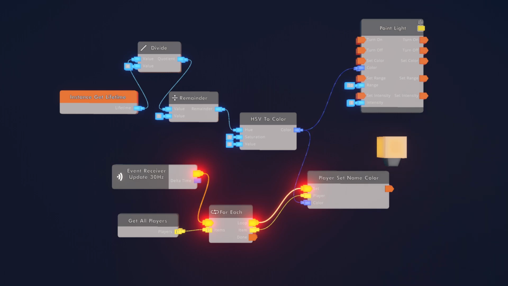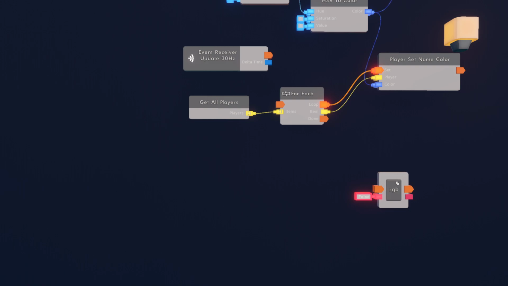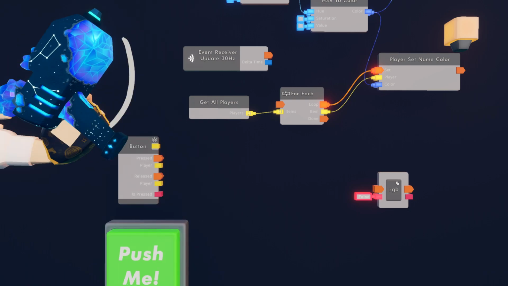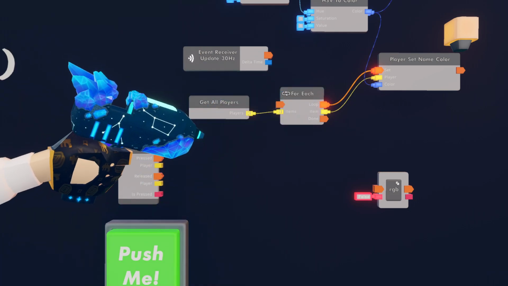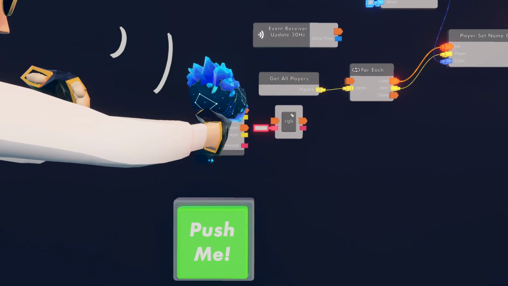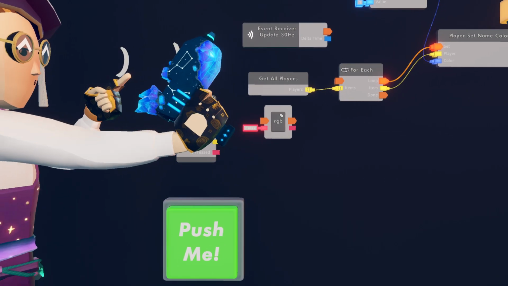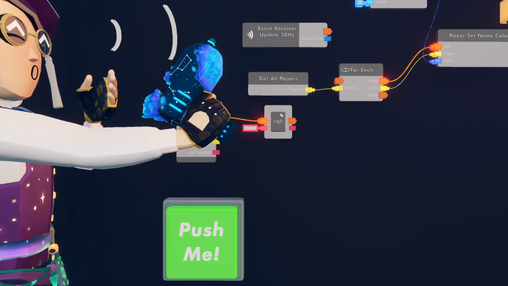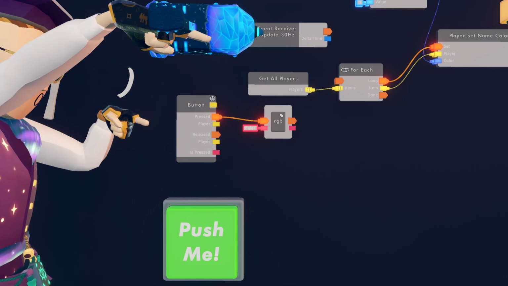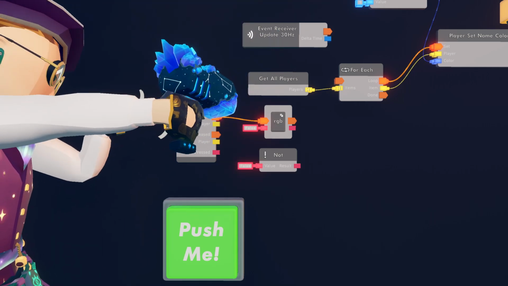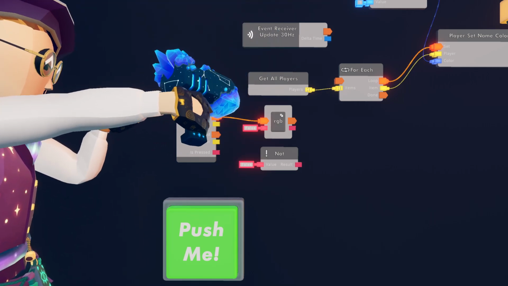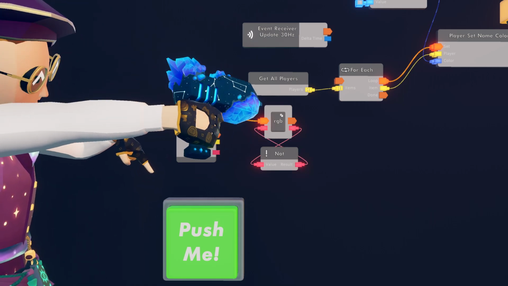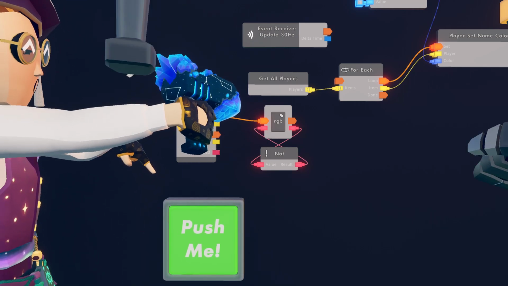Cool. So let's hook this up onto a toggle, to a regular button. We have this button, and I'll set this variable over here, and on the pressed event, I'll go into the variable, and we'll grab a not chip, which is just the opposite of what's in the bool variable, because remember, it can only be true or false. So now every time I click this, the output of it switches from false to true and true to false.